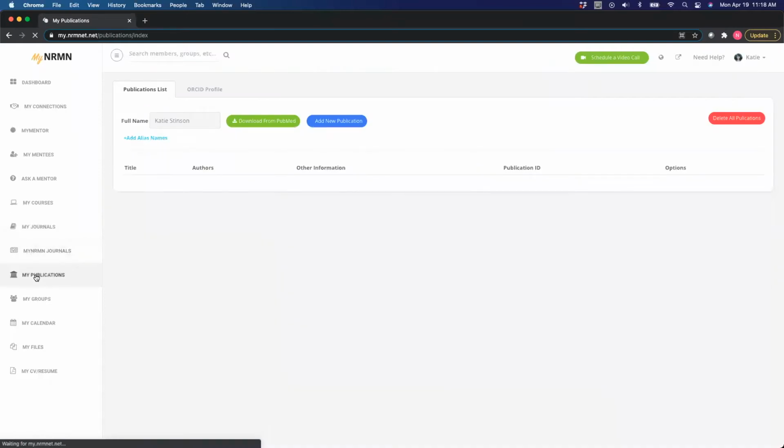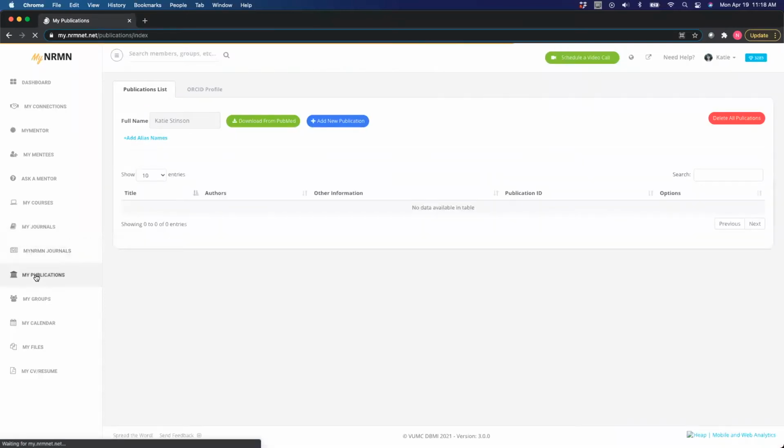So next I'm going to go into this My Publications. Now this is a feature that we launched because the NIH changed how they wanted people to submit their grant applications. They made it a requirement for everyone to sync their ORCID ID with their grant application. And so what we did to help facilitate that and get people ready for that is